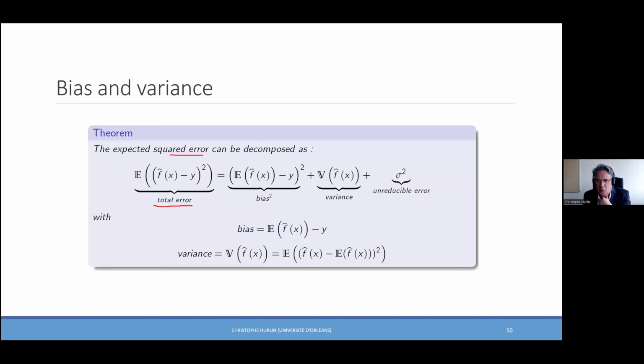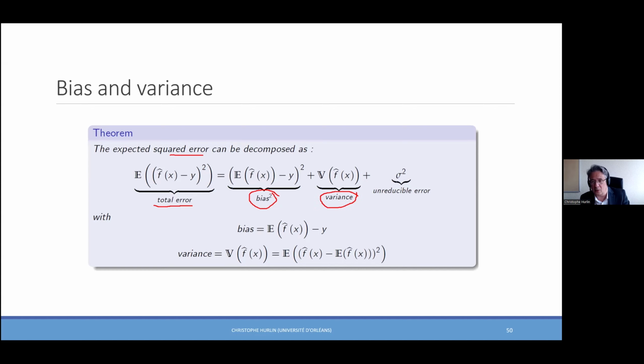Here, you can define the squared bias: the squared difference between the expectation of f hat and the expectation of y. I consider that y is observed, so I skip the expectation here. Plus the variance of your model,